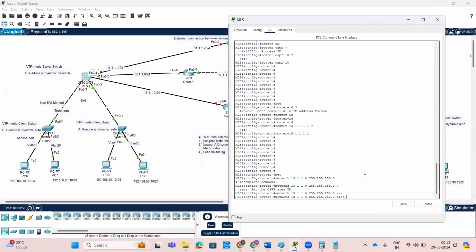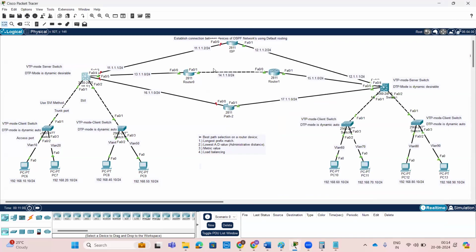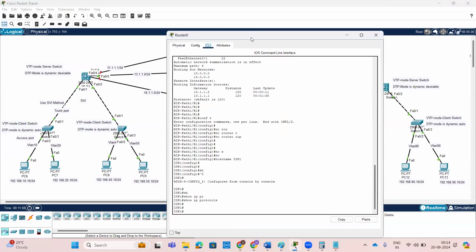So the area should be matched. Here I'm taking all in area 0. All the routers are in area 0. We are not configuring multi-area, so we are configuring only area 0. So for this router,